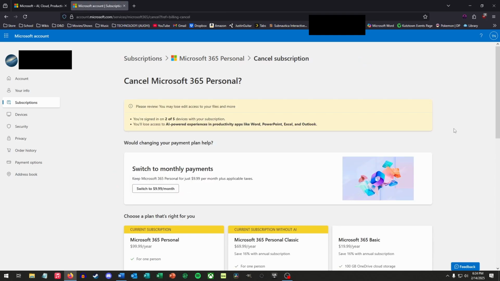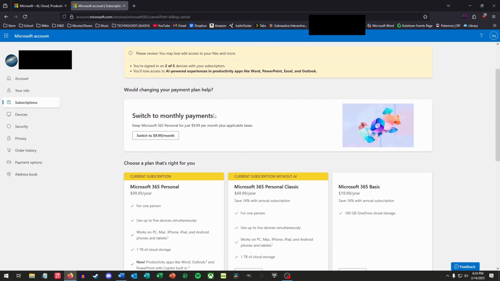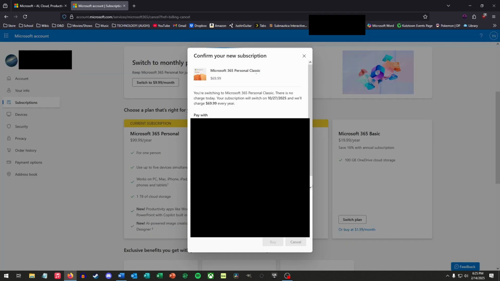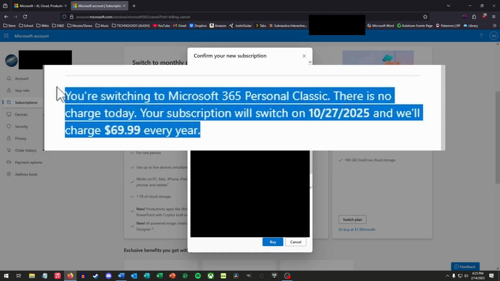On your account page, look for the option to cancel your Office 365 subscription. On the Cancel Subscription page, you'll see Microsoft asking you to reconsider. We will reconsider, of course. We're not going to cancel our Word account. See these three options at the bottom? Notice how the middle Classic option still grants you access to Microsoft Office, but it gets rid of the Copilot AI, and it's only $70 a month. It's exactly what you had before, a cheaper plan without AI. Let's click on that and switch our plan to the cheaper option.